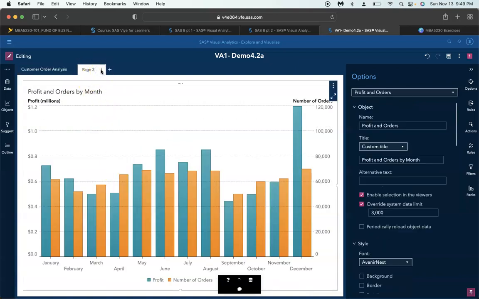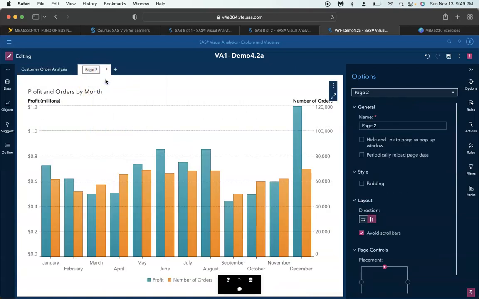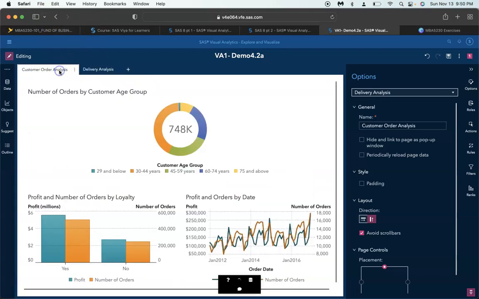So we're going to then rename this as well to delivery analysis. So then we are going to click on customer order analysis and make it active now, and this is now